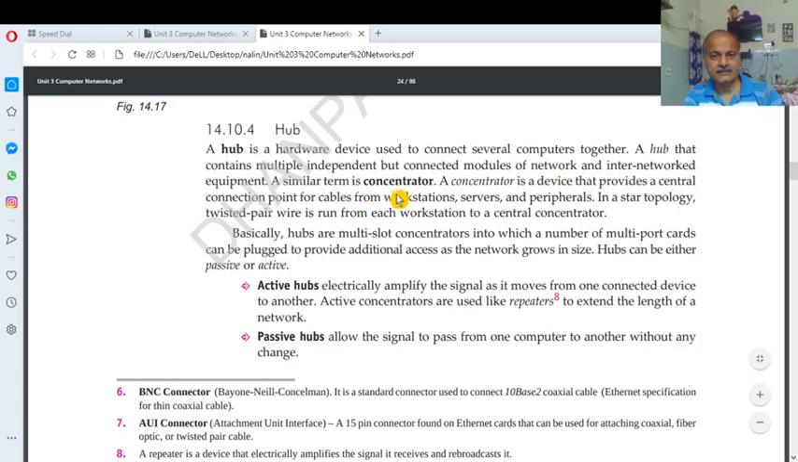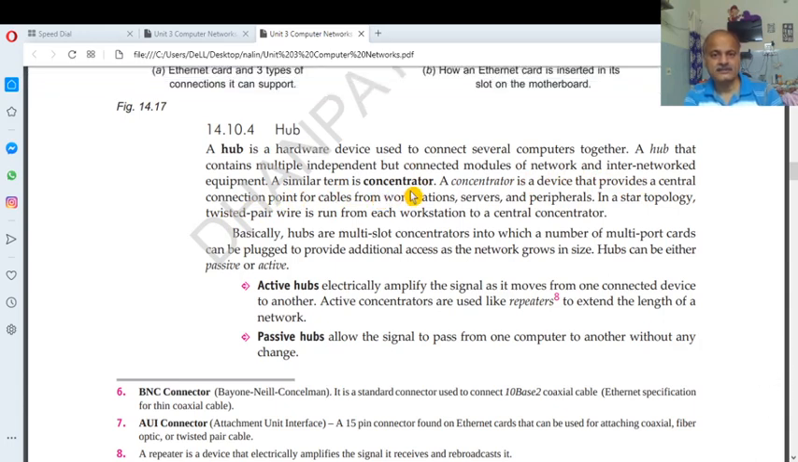A similar term is the concentrator. A concentrator is a device that provides a central connection point for the cable from the workstation, server and peripheral. In a star topology, twisted pair wire is run from each workstation to the central concentrator. So once again, if you did not understand what is a hub, very clearly,